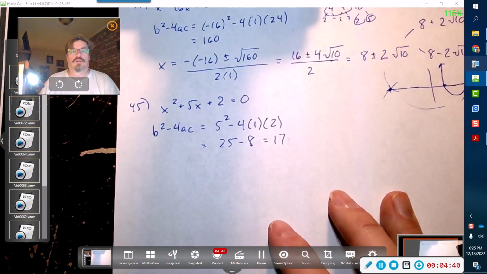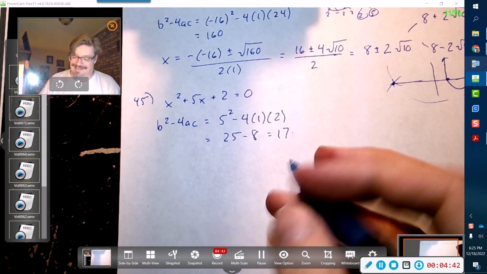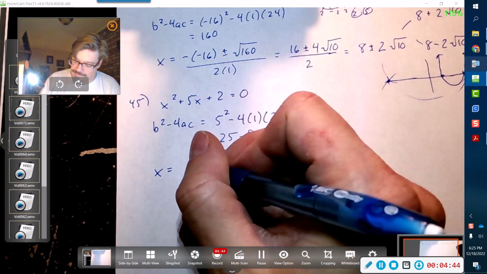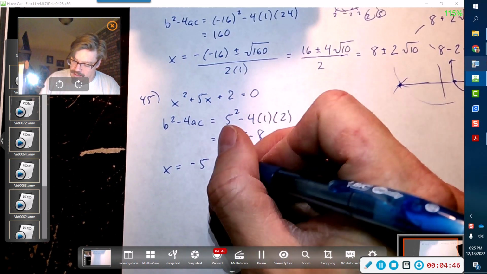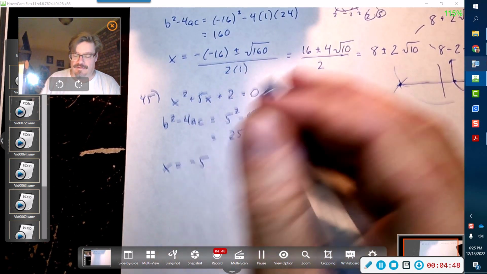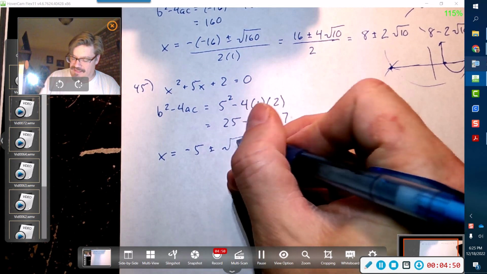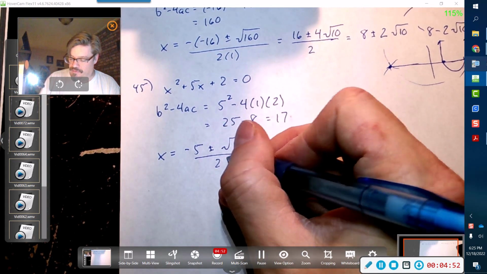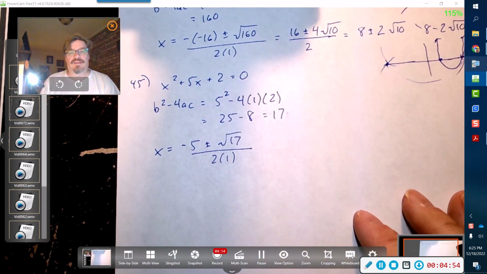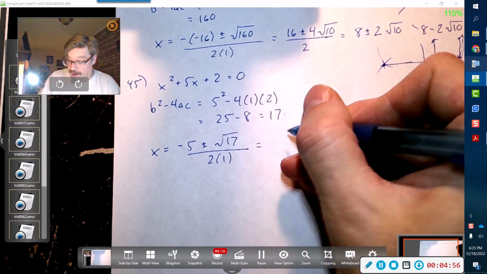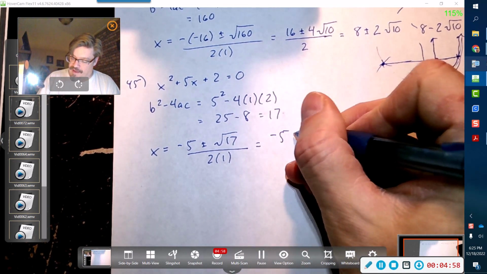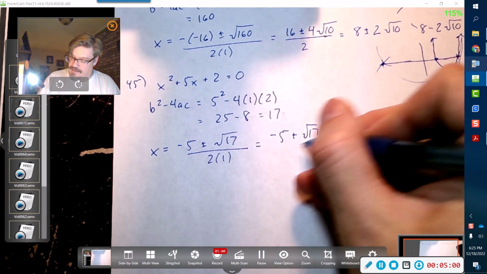Okay, so I'm going to hit the x-axis twice. Bring the rest of the formula in, and I get negative b. Okay, so he was positive, now he's negative. Plus or minus radical 17 over 2 times 1. Now this is great because 17 is a prime number, and so I've got 5 plus radical 17 over 2,